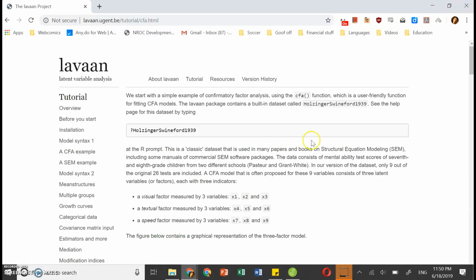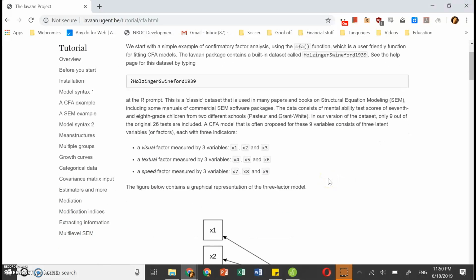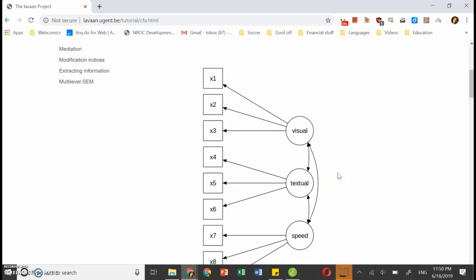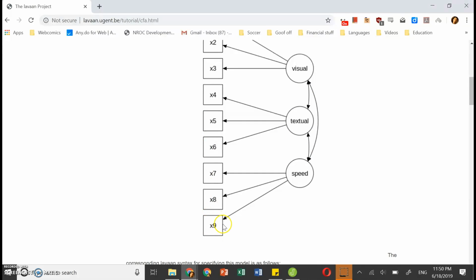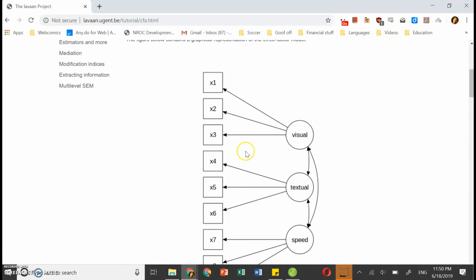If you click on CFA example, there is much more information and we are not covering it all. We are only doing the very basics in this class. So in this example, there are three latent factors which are specified with 9 indicators. The latent factor visual has 3 indicators